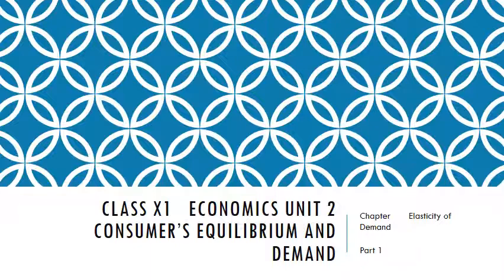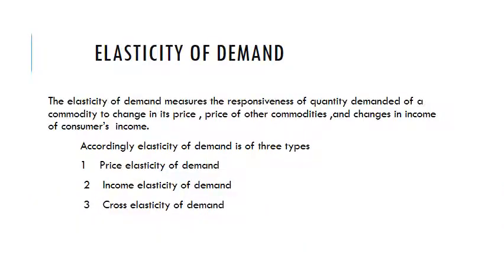Unit 2 Consumers Equilibrium and Demand, Chapter Elasticity of Demand, Part 1. In the last chapter, we studied about the law of demand. The law of demand states that there is an inverse relation between price and quantity demanded. That is, increase in price leads to decrease in demand, decrease in price leads to increase in demand, while other things remain constant. But in this chapter, we are going to study about elasticity of demand,